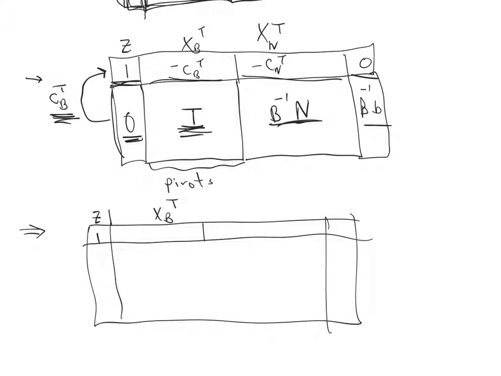And the point of that, of course, is you just get a 0 transpose. You get zeros in all those spots, which is why we're doing this operation. Okay, and now here in these columns for the non-basic variables, we get CB transpose times B inverse N added to minus CN transpose. So we get,